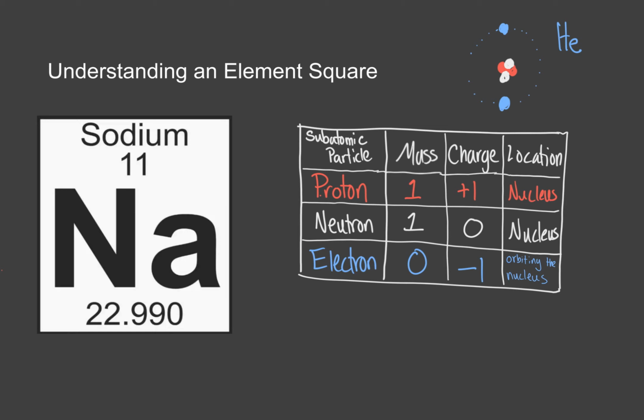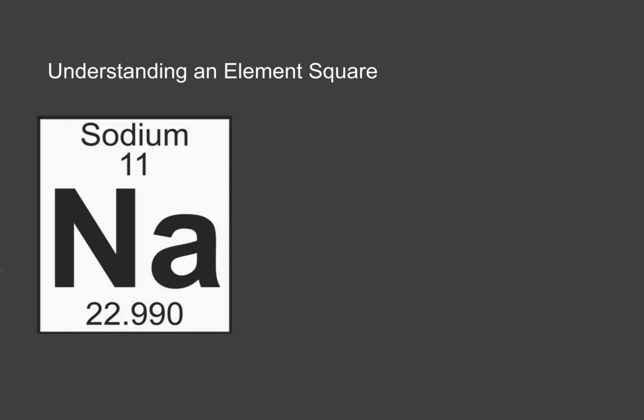So now that you have the information, the characteristics of these subatomic particles, we can use this element square to figure out all of the information within an atom. So having gone over the subatomic particle properties of protons, neutrons, and electrons, we can now use this element square to understand how many of each of those things any atom has on that square. So if we break down what's in an element square, we have